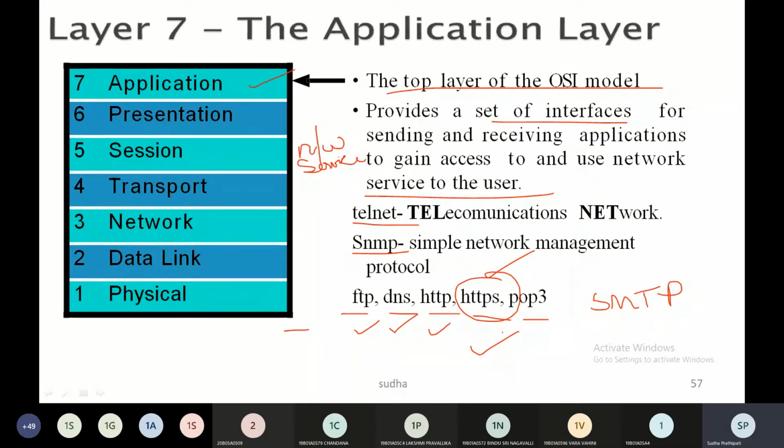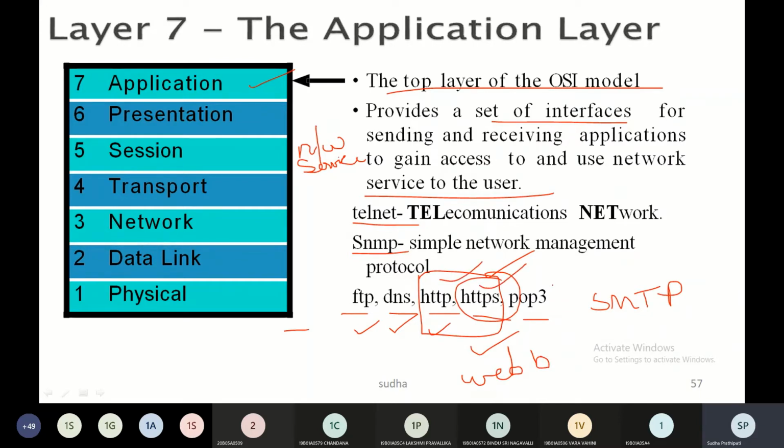Yes, this is a protocol used for web surfing. HTTP and HTTPS are the protocols used for web browsing, so to do web browsing you require these two protocols.